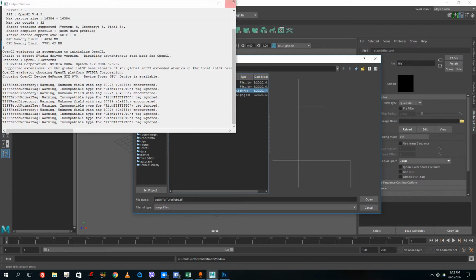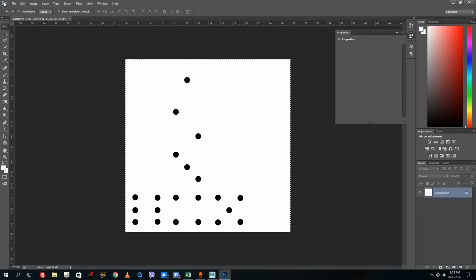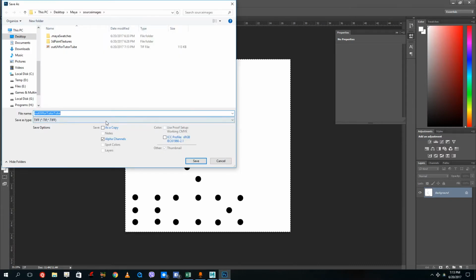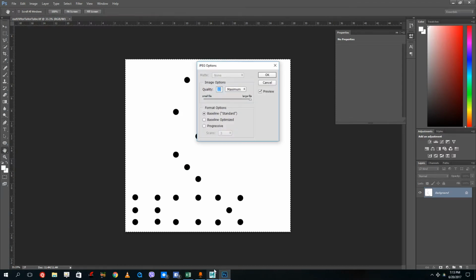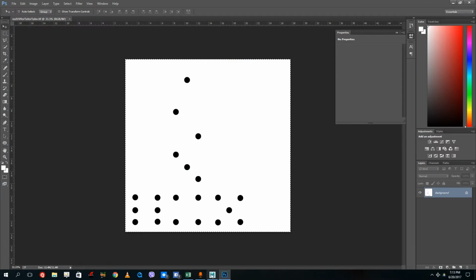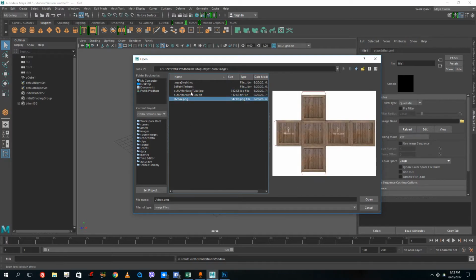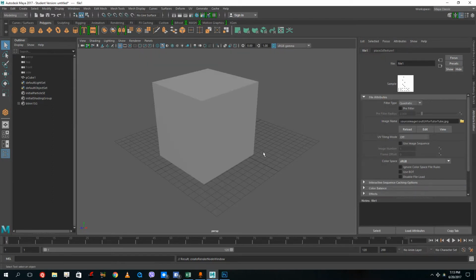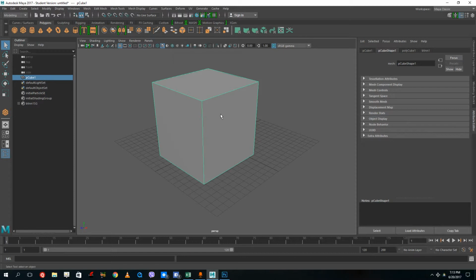It's still not working because of this, so let me just export a new version of this. Let me save this as a JPEG. Okay, it's not supporting TIFF, it's still saving the same format right there. So let me just go over here and over here. Okay, there you go, the JPEG is working. So let's press open and press 6,